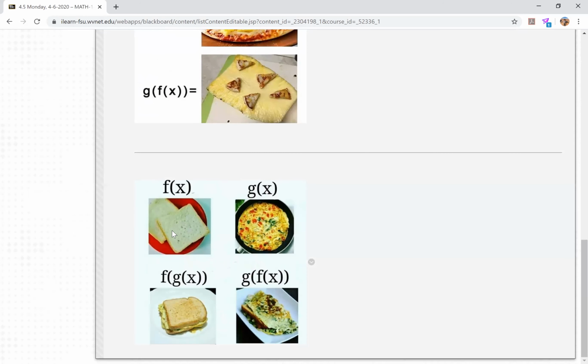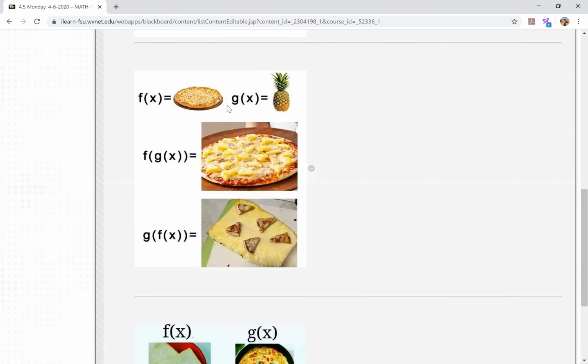If f of x is the bread and g of x is the egg, and we're taking g of x and putting it into f, we're going to have a sandwich and the egg is in the middle. But if we're doing the opposite and we're taking f of x and putting it into g, our sandwich is going to have eggs on top and then bread and then eggs on the bottom. That's literally the difference. If you look at this one with pizza, if f of x is the pizza and g of x is pineapple,